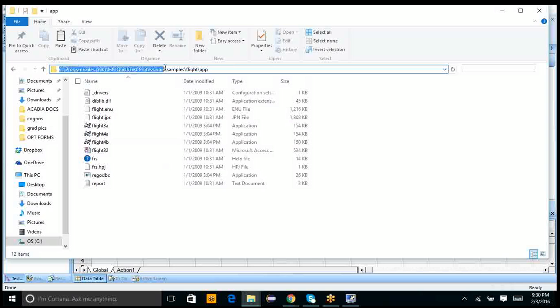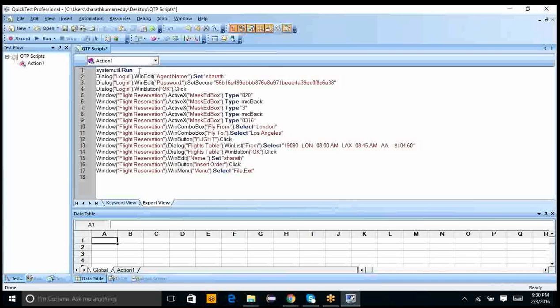Control C, QTP screen. Paste it. So this path should be in double quotes.